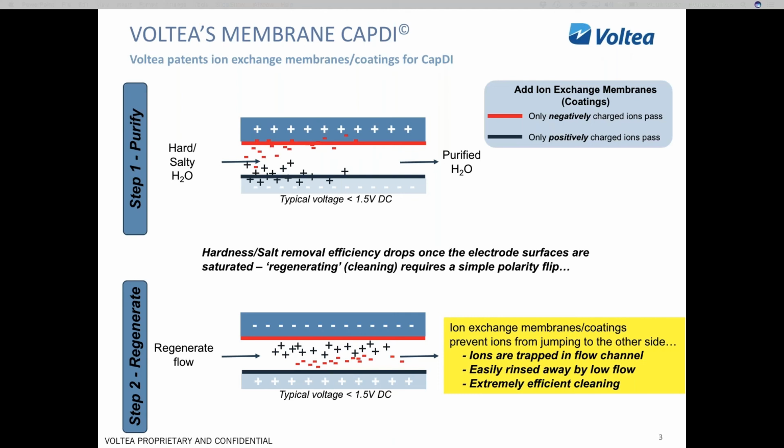And so the clever bit is the addition of those selective ion exchange membranes, because once the surface of each electrode becomes saturated with dissolved salt molecules, the ability of that electrode to take additional salt out of the water is compromised, and so you need to clean those salts off that electrode surface. We do that at Voltea simply by reversing the polarity of the direct current charge applied to each electrode. And when we do that, of course, the salt molecules are immediately ejected from the surface, but they can't jump across to the other side because of the presence of that ion exchange membrane or ion exchange coating. And so that allows a very elegant way of trapping those dissolved salts in the flow channel, and they can